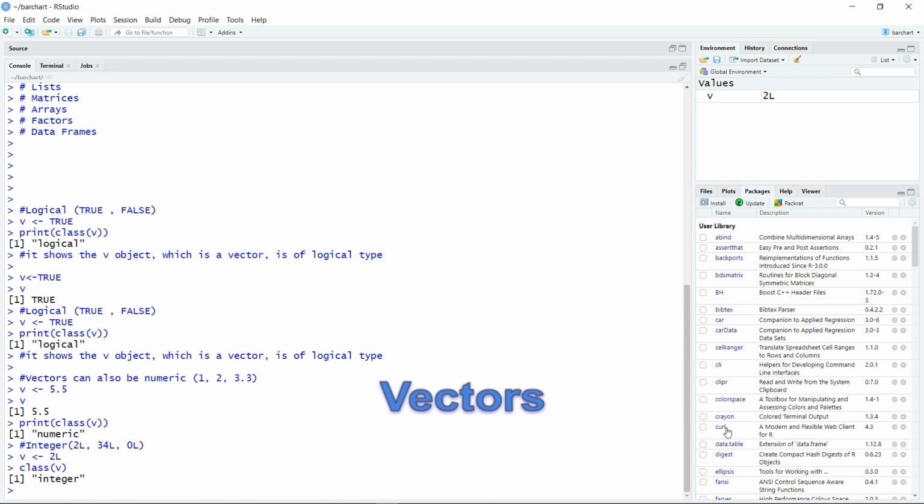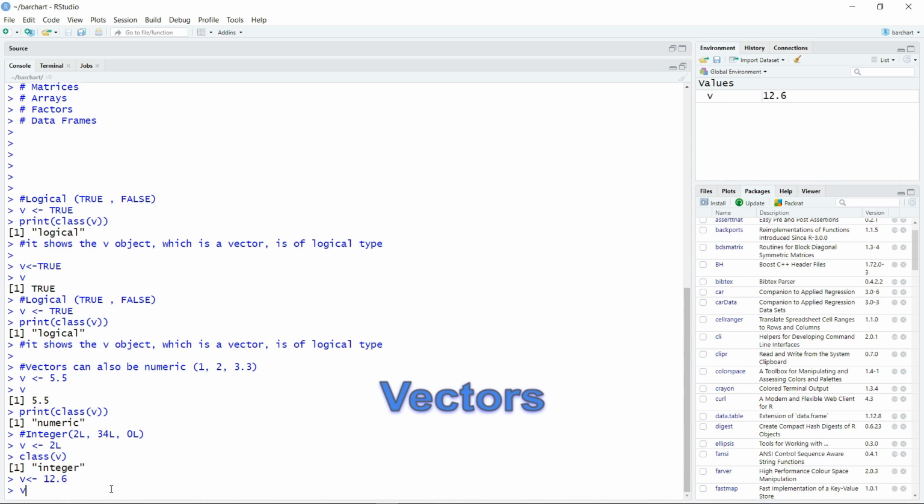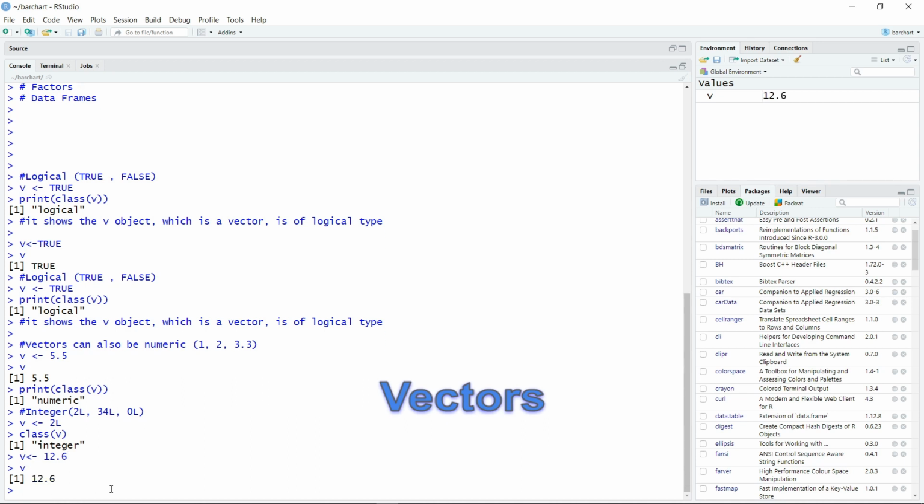Atomic vectors, or double type, which we also call them. All vectors in R are called atomic vectors, and an atomic vector of type double would be 12.6, and if we print v, we see here it's 12.6, and if we now type the class of v,